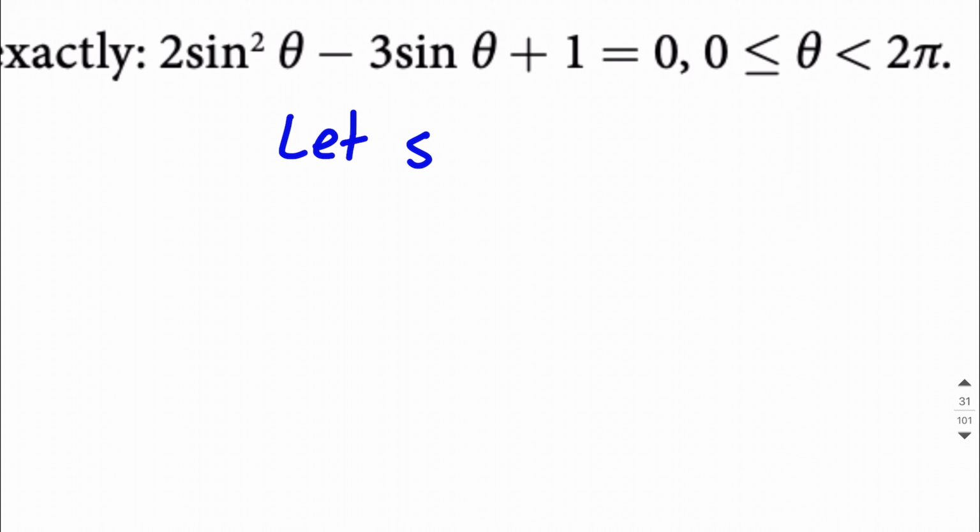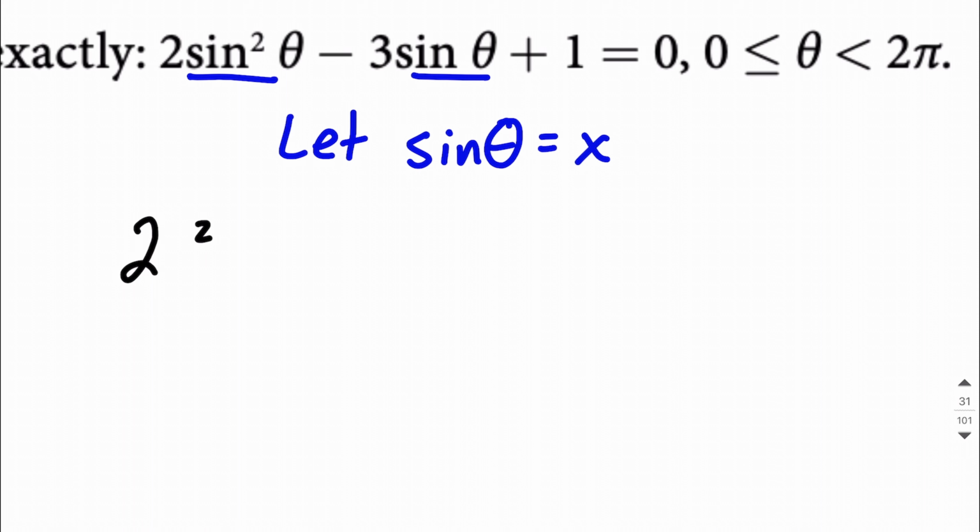So what I'm going to suggest is wherever we see a sine of theta, we're going to replace that with an x initially. So there's a sine of theta, there's a sine of theta. That first one is 2 multiplied by sine of theta squared. So because it's sine of theta squared, we're going to replace the sine of theta with an x. It's going to get squared. Next, we get minus 3 times, instead of sine of theta, x goes in that spot, with a plus 1